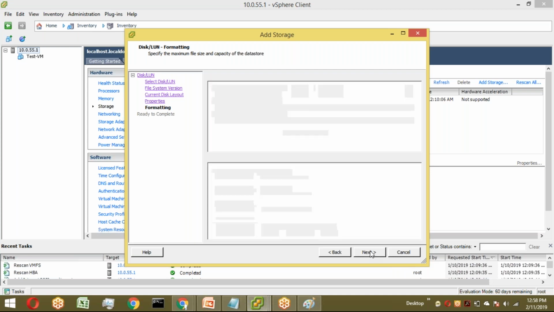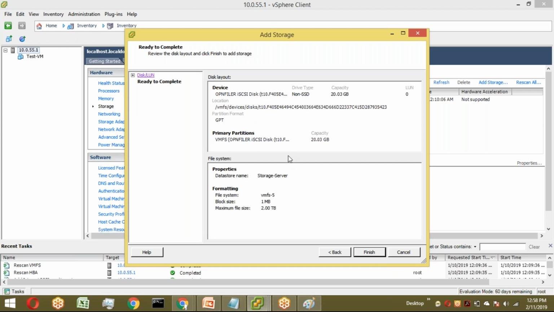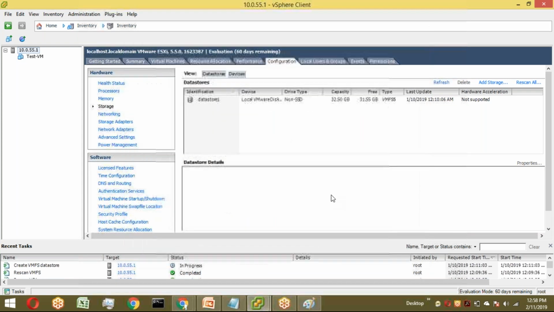And I say next. It says I'm going to format this in VMFS file system 5, and then I'm going to go ahead and have the block size as 1 MB, and a single file can be up to 2 TB. I'm saying okay, formatted. Now